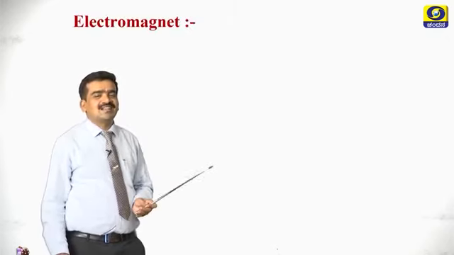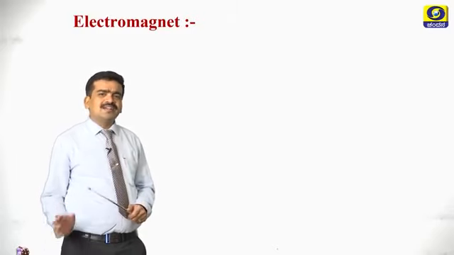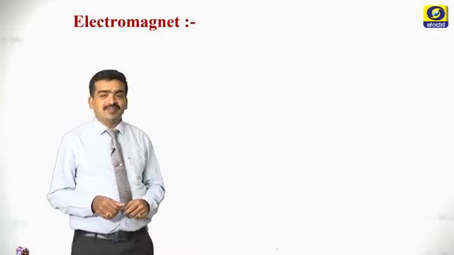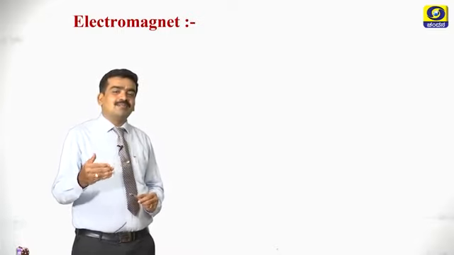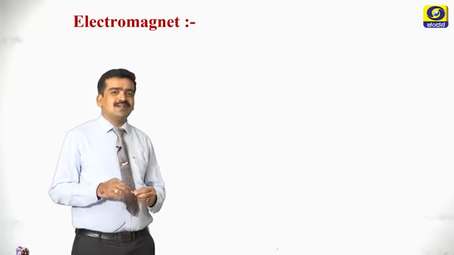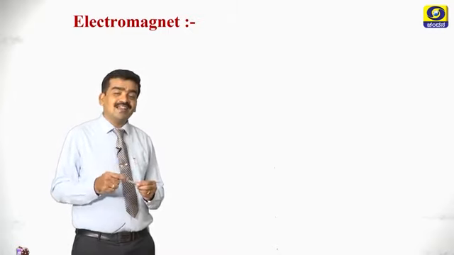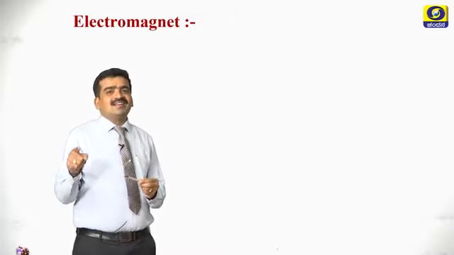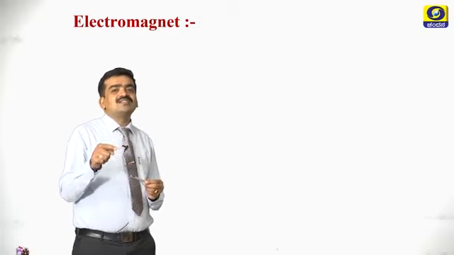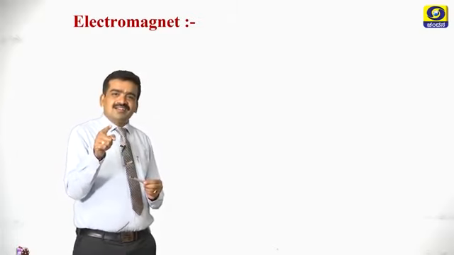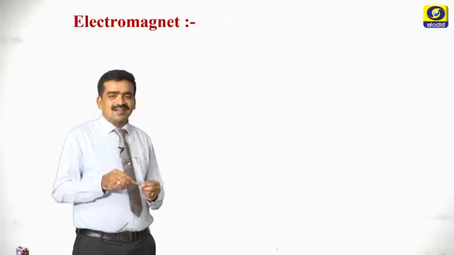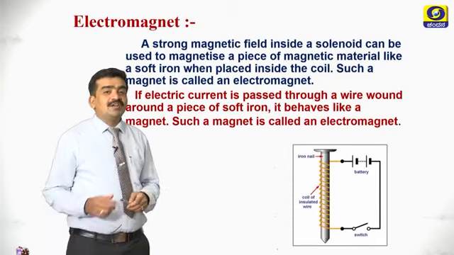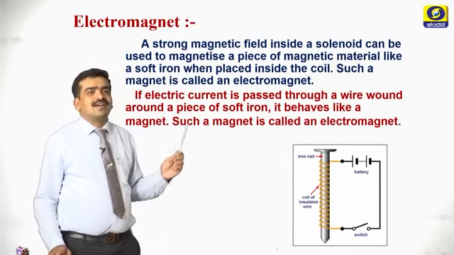Let us go to the next concept, electromagnet. What is an electromagnet? You have played with electromagnets in your previous classes. How can we prepare an electromagnet? It is simple. If you wind copper wire around a nail and connect the ends to a battery, then as soon as you connect it, it behaves like an electromagnet. It is going to attract iron-like substances. We are going to use the solenoid to prepare an electromagnet.